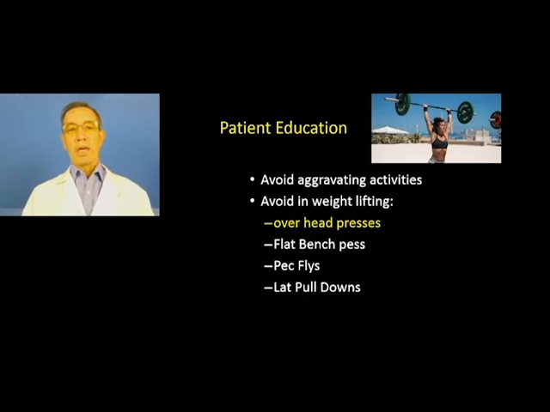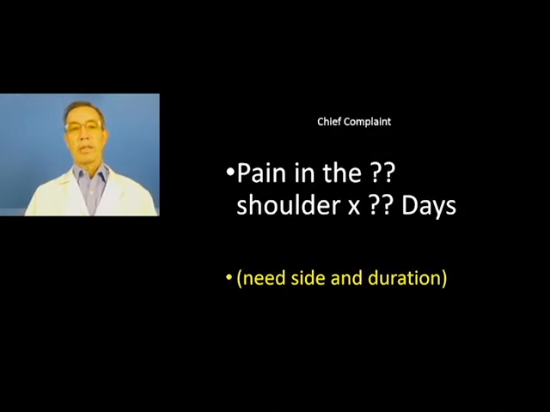On patient education, we remind them not to do things that irritate it, such as aggravating activities. And in weightlifting, the most common things that aggravate shoulder impingement are overhead presses, something called flat bench presses, pec flies, and lat pull-downs. So on the actual documentation, the most important thing on the chief complaint is which shoulder,